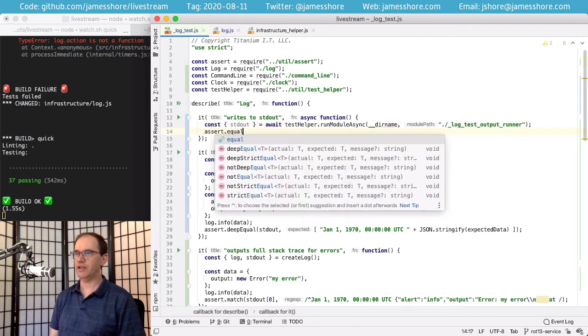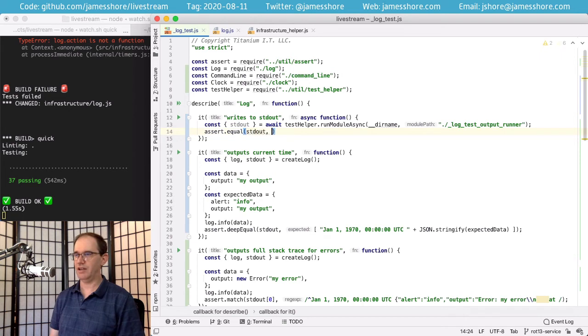And then we can assert that we get what we're expecting on standard out, which is going to be the normal stuff. Let's see, I think we'll need to... Oh, you know what?